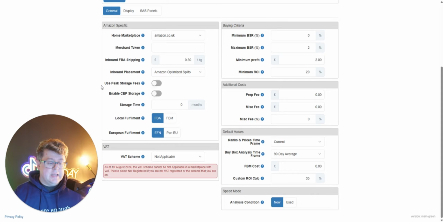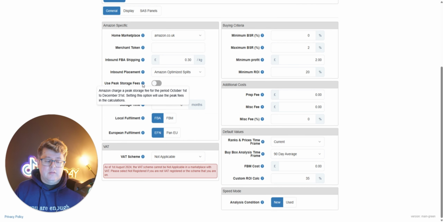This storage fee here, the use peak storage fees, is very important, especially during Q4. What I like to do is put this one on during September, because I'm going to be sourcing products which might be selling during October, November and February. If you can see here, the fees